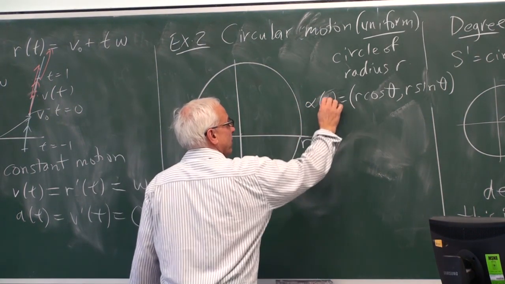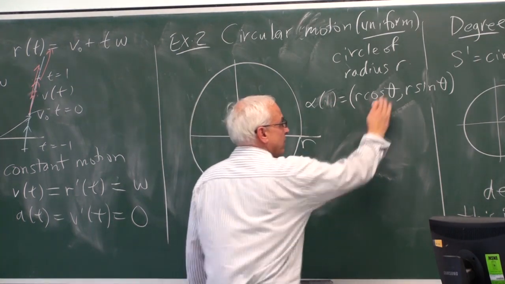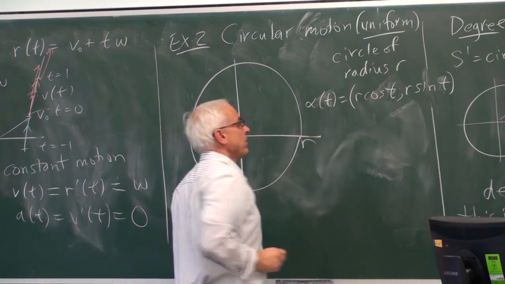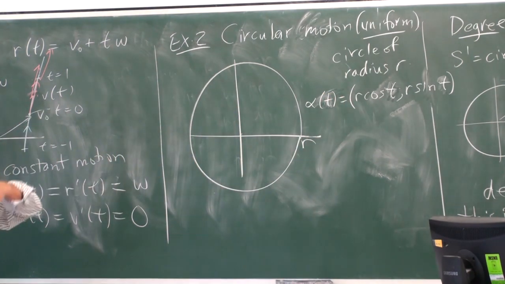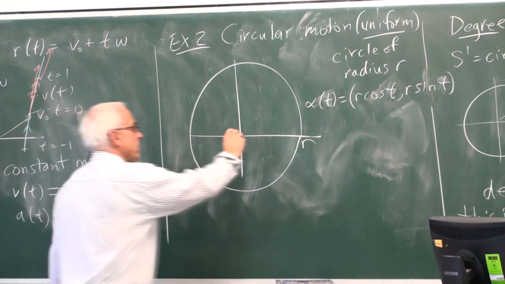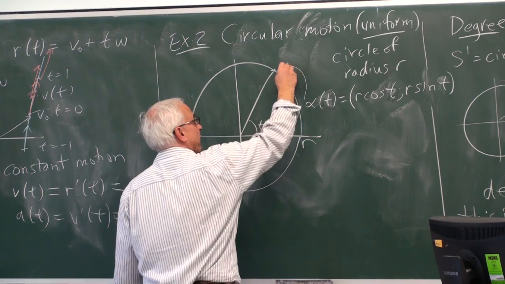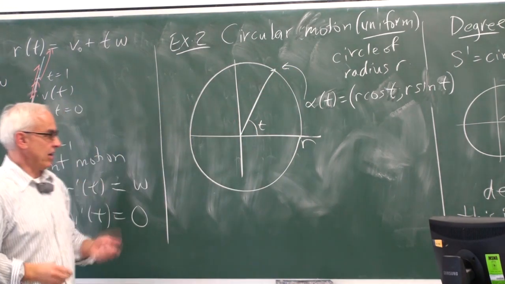Oh, it's actually theta, all right, so let me put t instead. T is actually theta, but we're thinking of these motions as being with respect to time usually, so it's nice to have t. So that after time t, there's the position alpha of t. It's exactly the same as the angle.